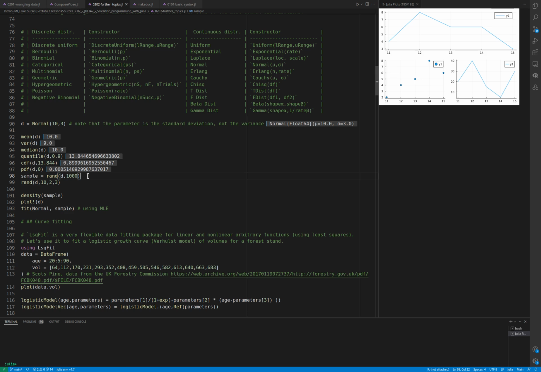So here I am sampling 1000 elements out of this normal 10, 3. And here you really see the beauty of multiple dispatch, because this rand function will work with all the other arguments. For example, here I just put one number, a scalar, so I get a vector of 1000